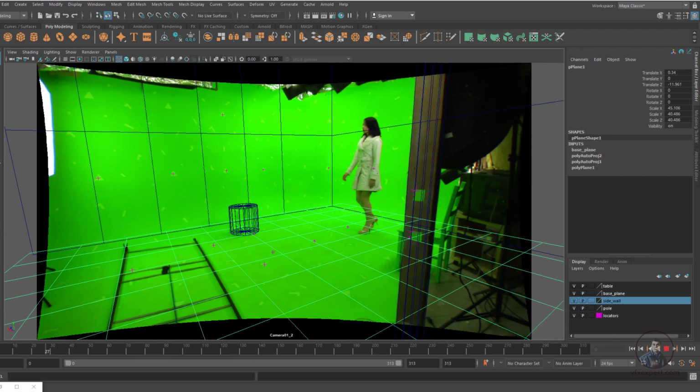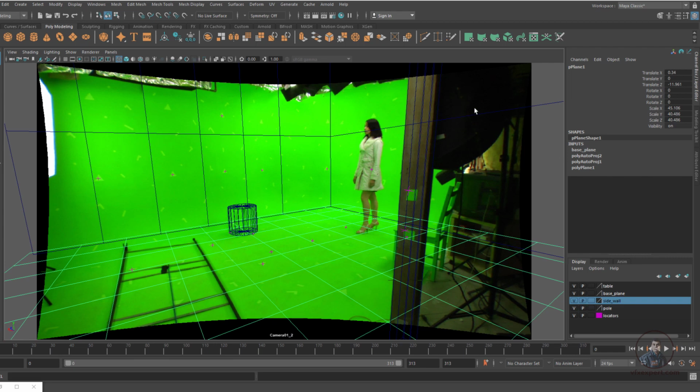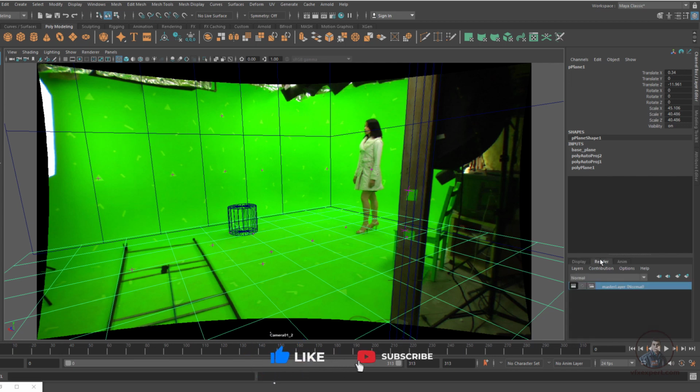Okay, so now after this we have to render this scene for compositing in Nuke. So here, if you look at this render layer, if you are not seeing it here, because I am using Maya 2020, remember this one, it is not showing here, then you can use the render setup which is available in 2020. But if you want to add the render layer here, you can also add it with the help of preferences.